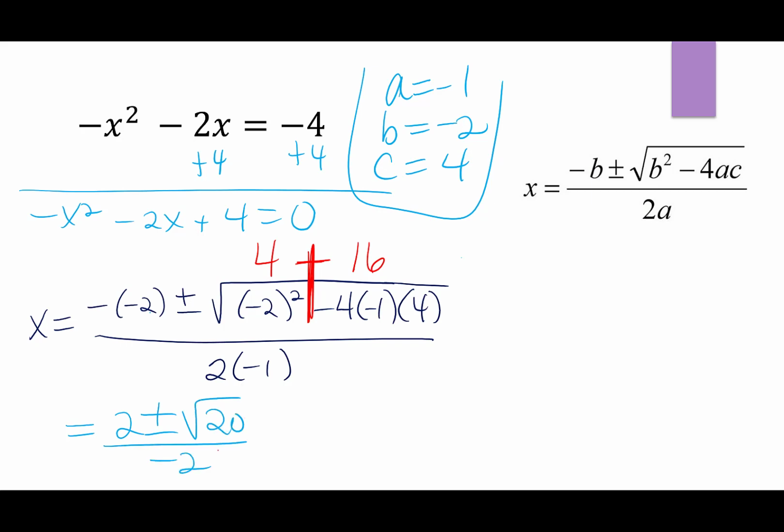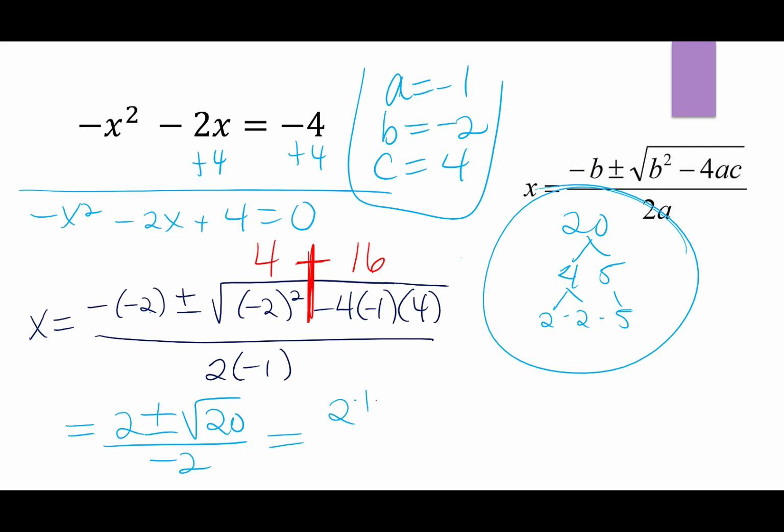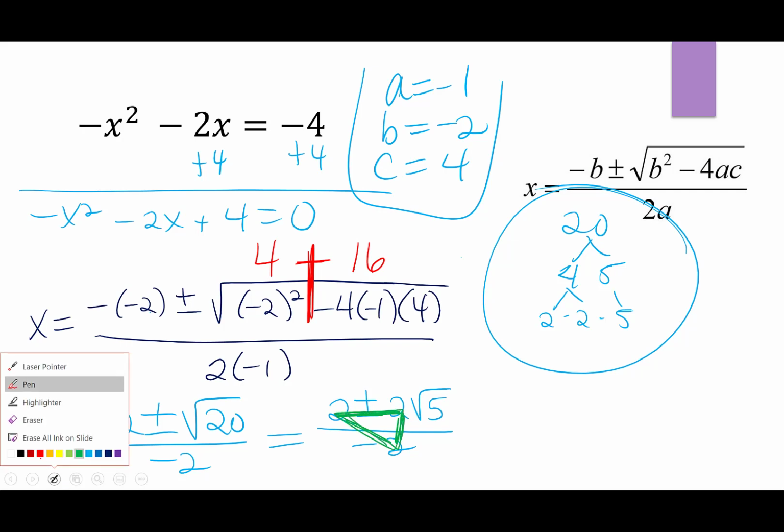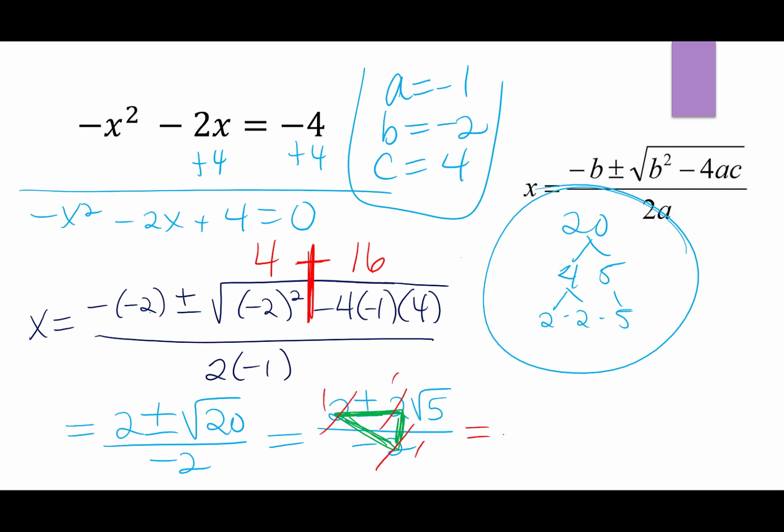To simplify this a little further, a negative negative 2 is 2 plus or minus the square root of 20 over negative 2. Here's the factor tree of the square root of 20. It does have two 2's. So another way to write this is 2 plus or minus 2 square roots of 5 over negative 2. Just like the other example, this time we can draw a triangle. It's a coincidence that they all happen to be a 2, but we can divide each of them by a 2, so this will be 1, 1, and 1,